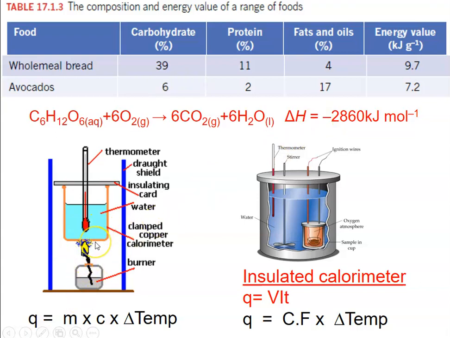This is looking at what we did in Unit 3 right at the beginning, where we had fuels and we burnt the fuel and then trapped the heat in water, and we used the specific heat capacity of water and this equation to work out the amount of energy, joules, that was trapped in the water. We measured the temperature rise of the water and knew the mass of the water. And the assumption was that all of the heat was going into the water. That's not correct. So this is inaccurate. So therefore we're going to use these bomb calorimeters where the heat is given to the water, which is all the way around it